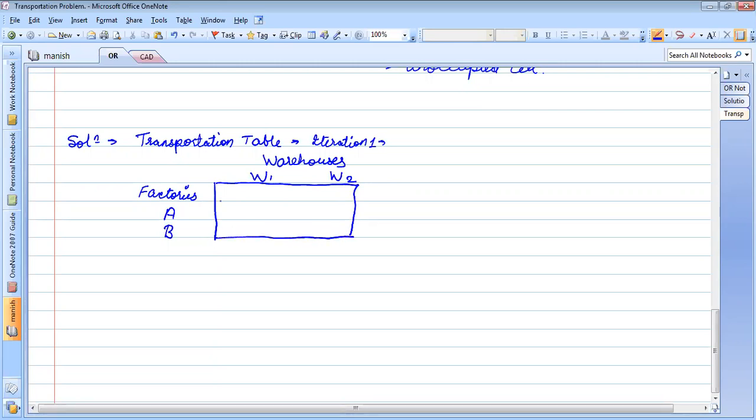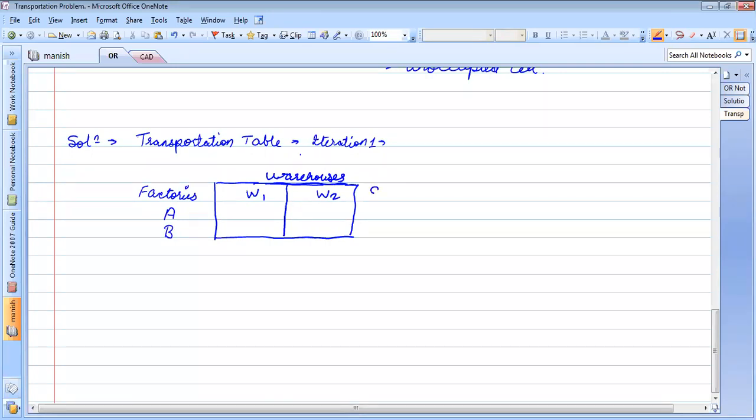Now I have drawn this. So you have W1 here, W2 here. This is warehouses.